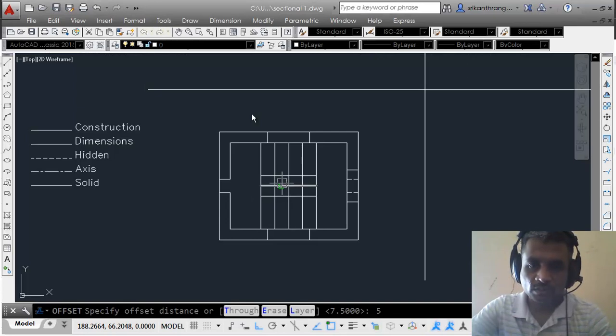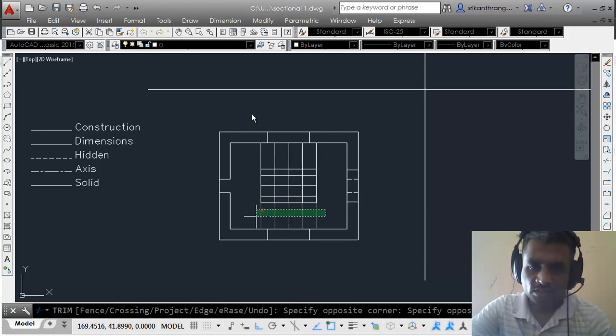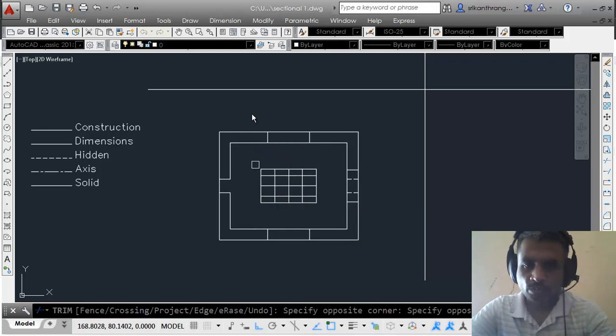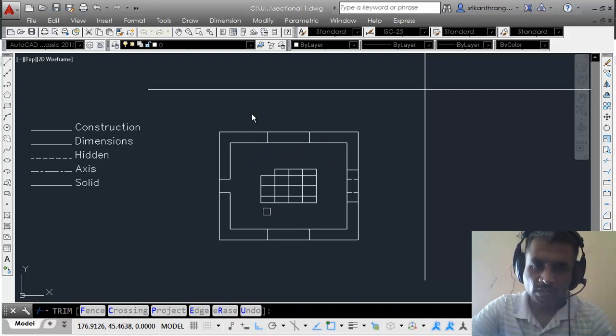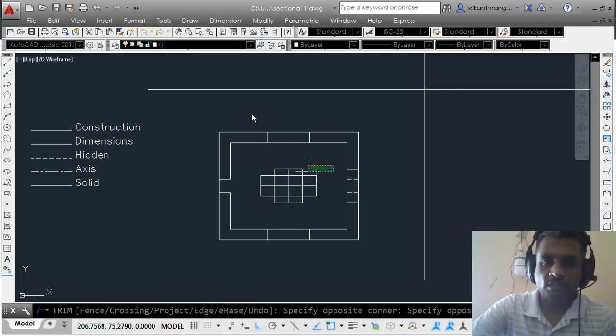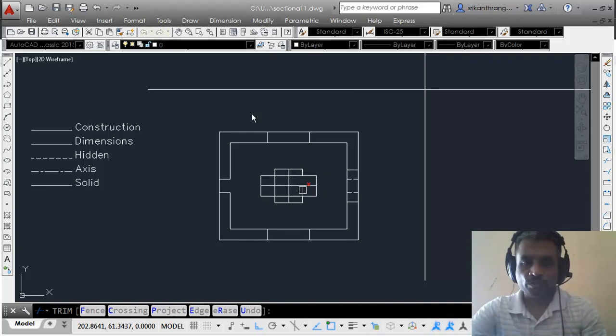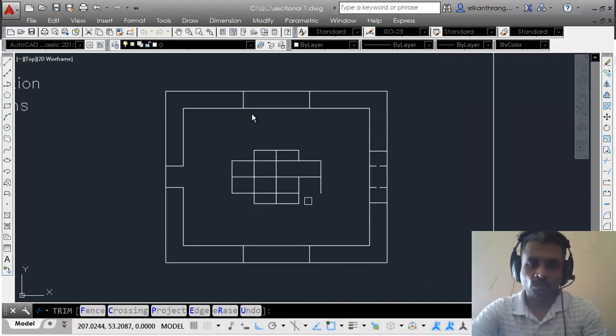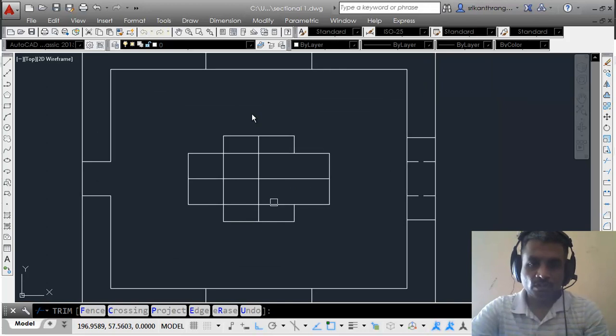Next I just need to trim whichever parts I don't need. So just remove these parts. These parts will also go away. From all the corners the lines will go away, and the inner lines also will have to remove. So all these other lines also will have to remove. That's it. So this is the inner part. So with this our top view is complete, and we'll have to proceed to draw the sectional front view.